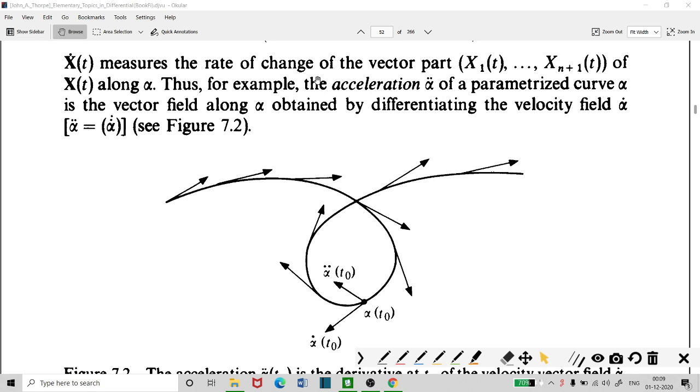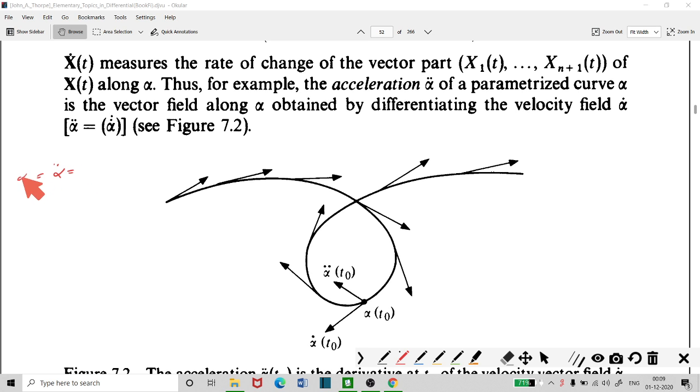So x dot t measures the rate of change of the vector part x1, x2, etc., xn plus 1 of x of t along alpha. Thus, for example, the acceleration alpha double dot of a parameterized curve alpha is the vector field along alpha obtained by differentiating the velocity vector field alpha dot. Once you consider this velocity vector field along alpha, you then consider the derivative of this vector field. So the derivative is defined as alpha double dot,